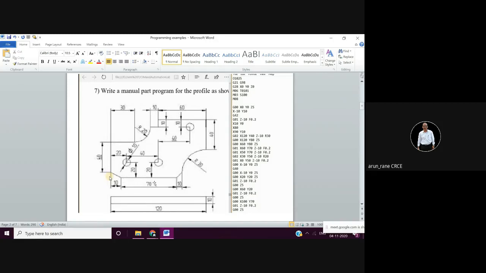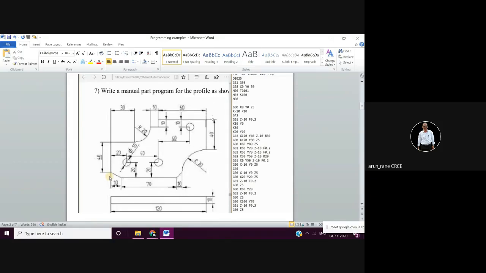Okay, so you have a chamfer, you have a taper here, you have these holes, and you have this arc. Now, if your cutter is going to do machining like this, then this is clockwise interpolation, so that will be G02. Understand?